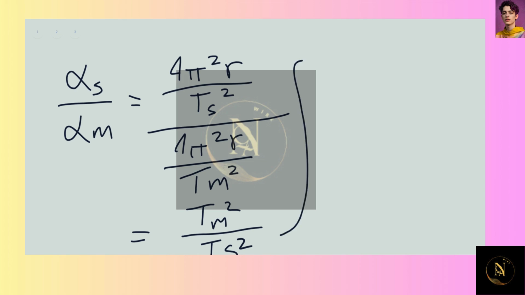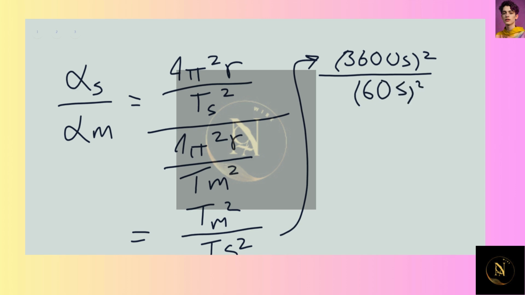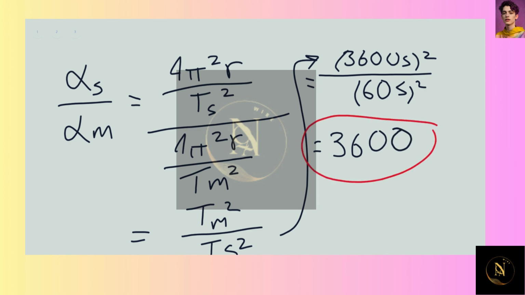Now, from there, we can plug in. We said that our minute hand period was 3,600 seconds, squared, and our second period was 60 seconds, squared. When we do that math, we find that the relationship between the two is 3,600. And that's going to be the answer to our question, the relation between the angular acceleration